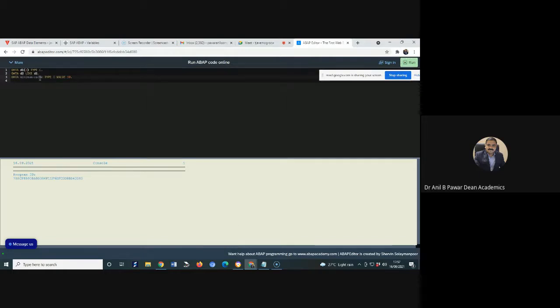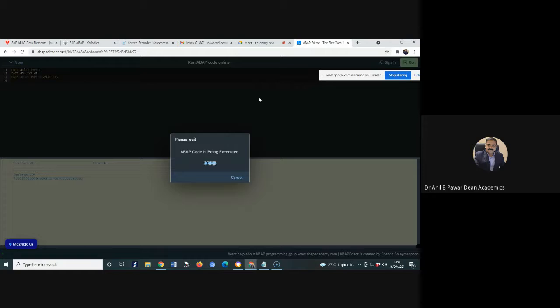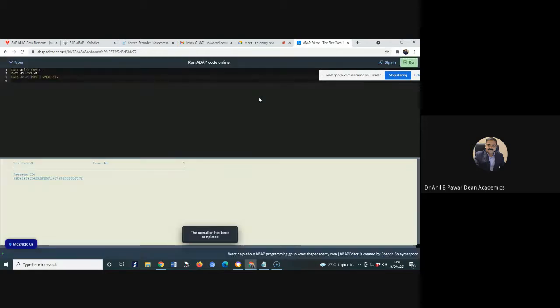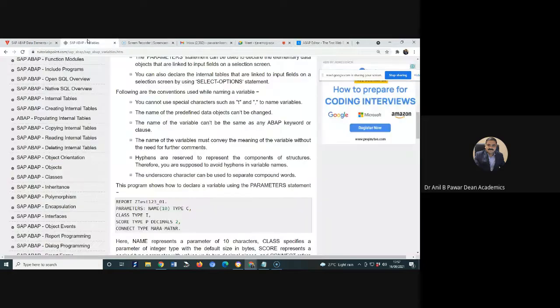Suppose I use another variable, d2 hyphen d1, and then I type this and run it, definitely we will get an error over there. So this kind of variable declaration is not allowed.